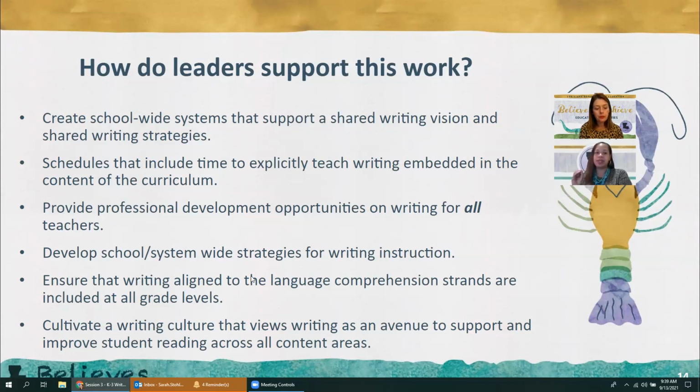That way, when students have opportunities to write, you are all speaking the same language. So whether you do The Writing Revolution PD or you sit down to craft what those writing strategies look like across your campus, I think that's really important, which lines up with developing those system-wide strategies for writing instruction.